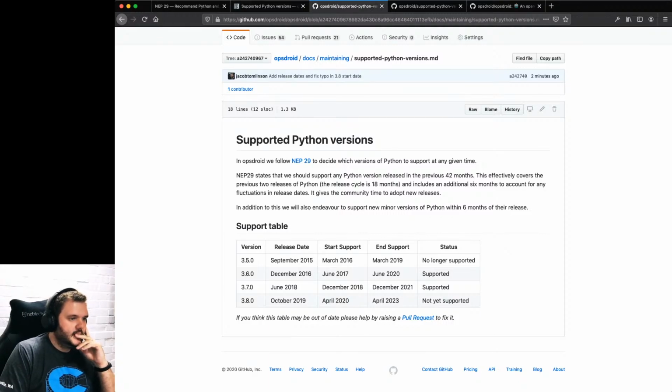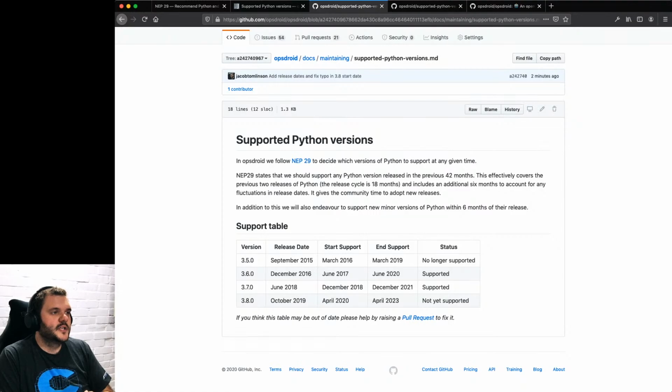So what I thought of doing, the tweet I saw this morning was like, has anybody got some kind of reminder service to remind me of when to do these kind of long-term things, SSL certificate renewals or changing supported Python versions, because they're so far out, right? We're thinking about something happening now, but the next thing isn't going to happen until December next year. I guess I could put something in my calendar.